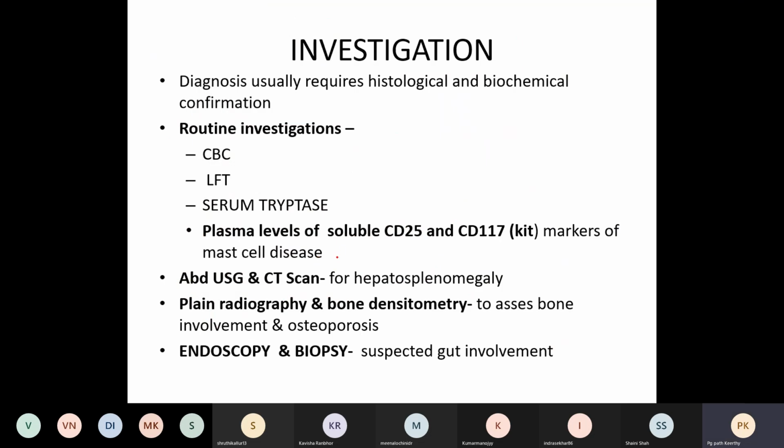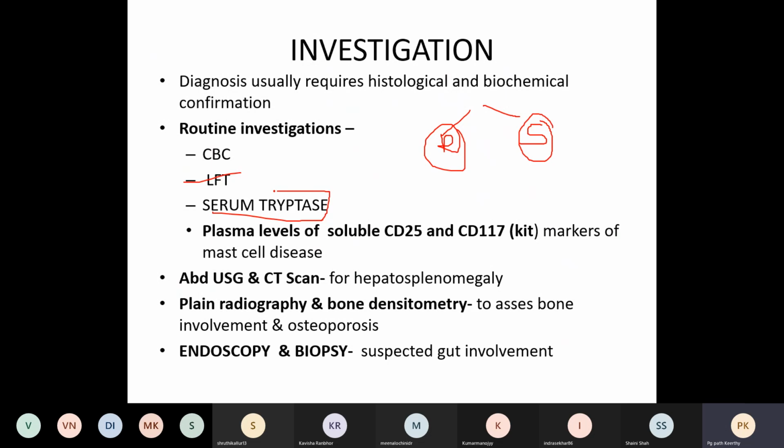Now, what are the investigations you are going to see? A patient comes to you. I personally divided it into routine and specific. That's how I remember. First I am going to do routine tests like CBC and peripheral blood. That is all I will see. And to fix our B and C symptoms, I want to do LFT, right? If there is no impairment of LFT, it becomes a B symptom. If there is an impairment of LFT, it becomes a C symptom, right?